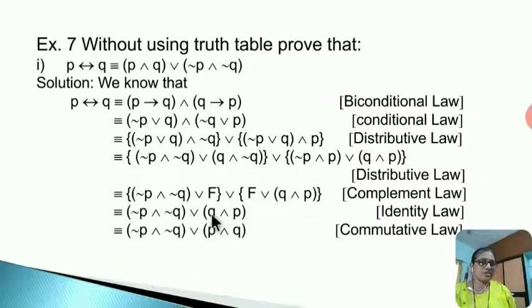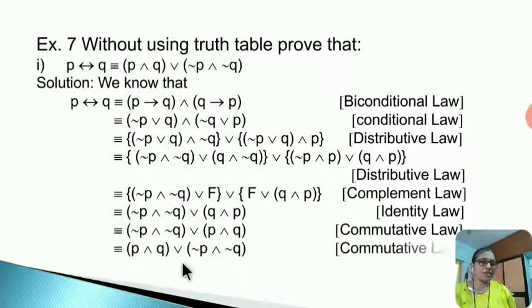in reverse order. That means here we use commutative law for this second bracket. Now we want this answer, that means just change in between them, and so again we use here commutative law. Write this bracket first and this as second bracket. So it becomes now P and Q or negation P and negation Q. We use here commutative law. Write this for justification.